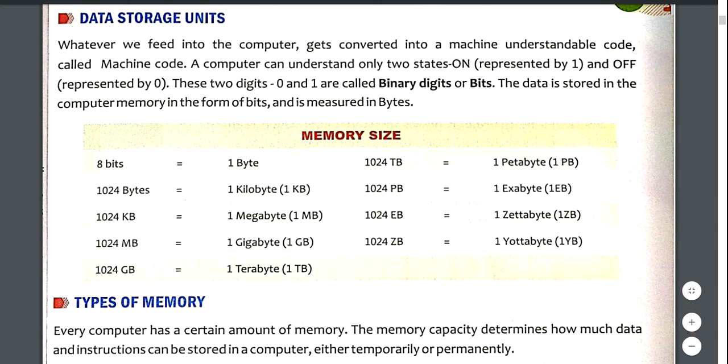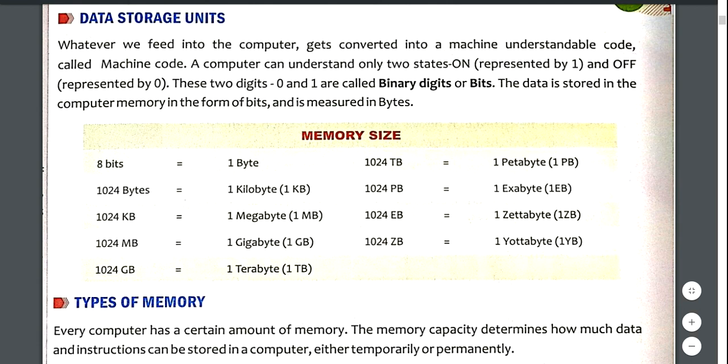Okay, so you can calculate by using this chart. You can calculate how much data you are using in a single day on the internet. If you want to find out how many bits are there in 1 KB of data, simply multiply 124 by 8, and whatever result you get, that is that many bits you are using for storing the data.